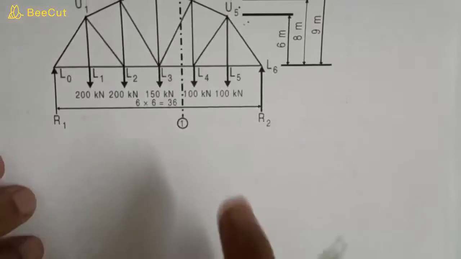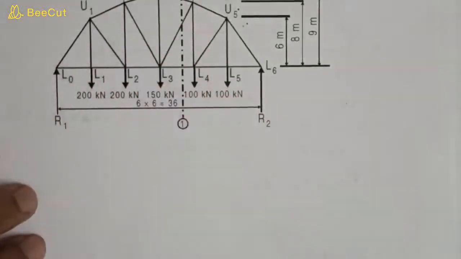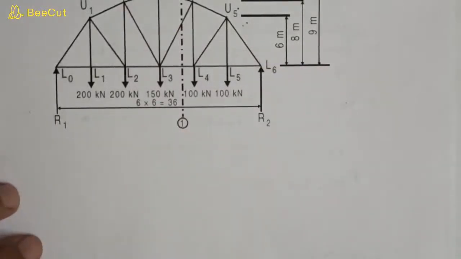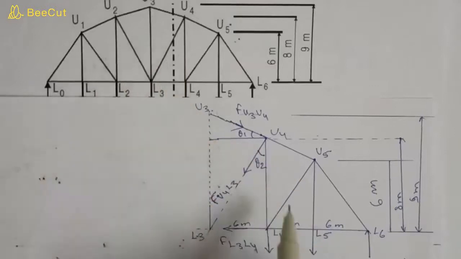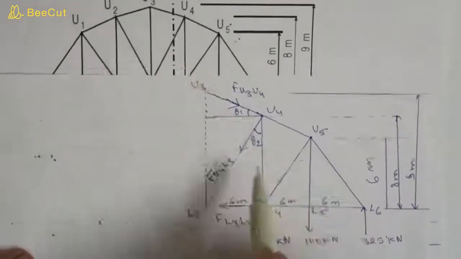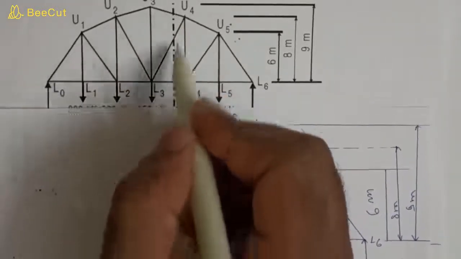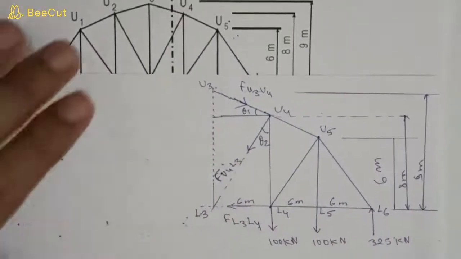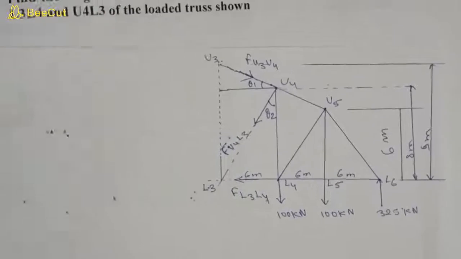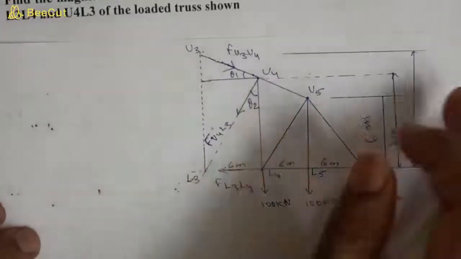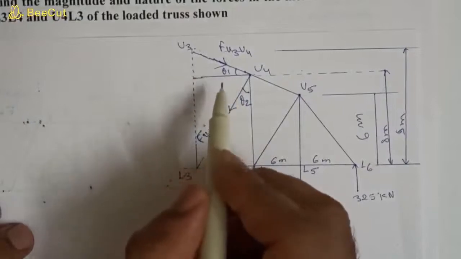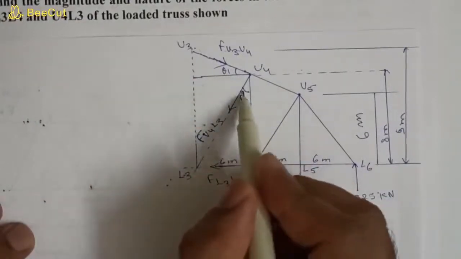Now let's divide this truss into two portions. So I will draw this right hand side only for solving this problem. So you can see that I have drawn this right portion of the truss, right side of this section 1, so I have drawn only this portion. So let's now find this value of theta 1, because to calculate moment and calculate horizontal and vertical components, we have to find this angle theta 1 and this angle theta 2.